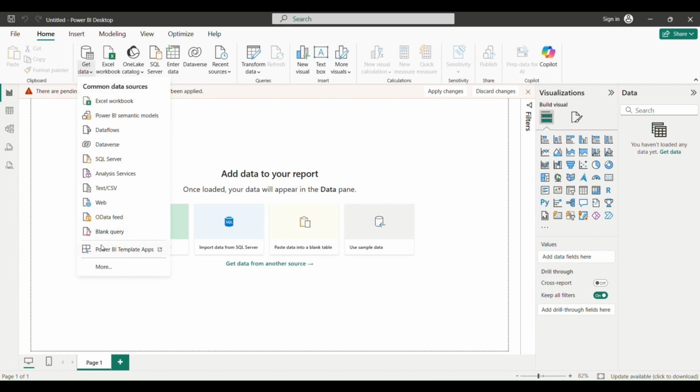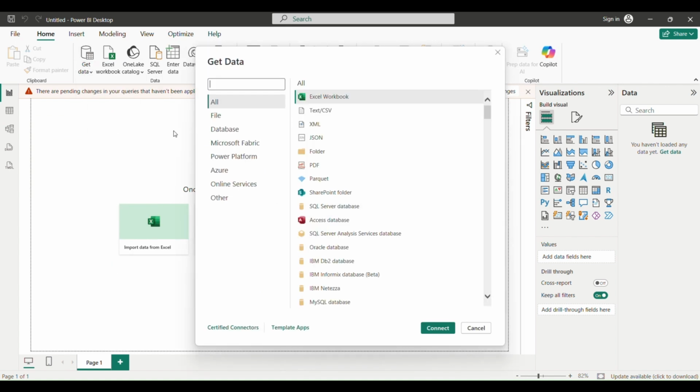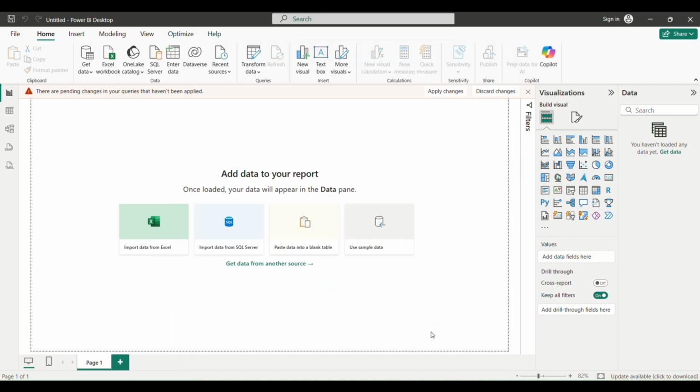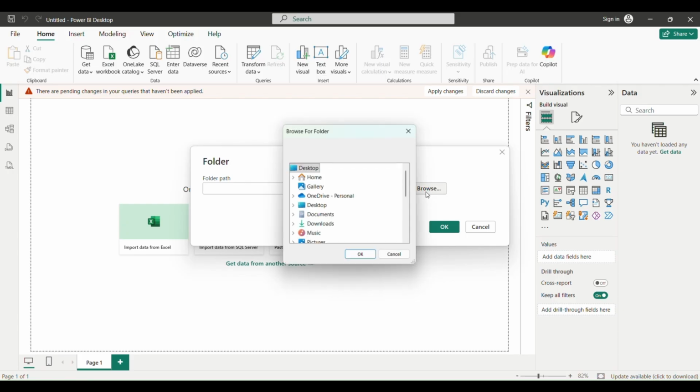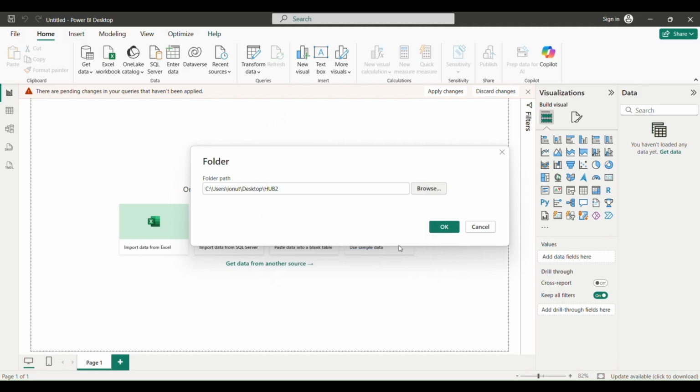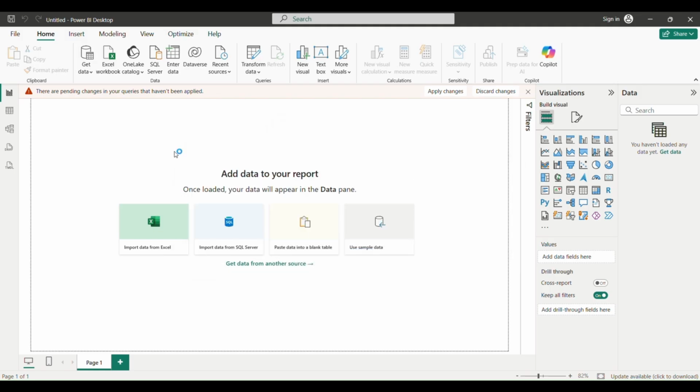The other way is like this. We go to Get Data, click More, Connect to Folder. Until here both methods have the same approach. I will choose the path to my folder, click OK.